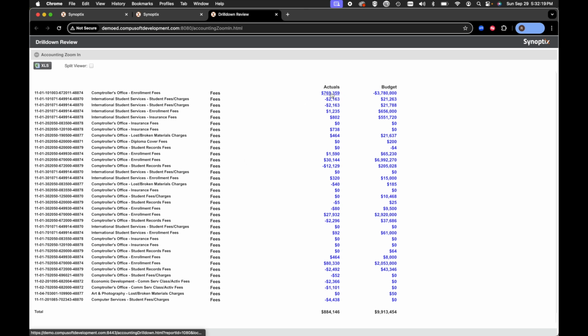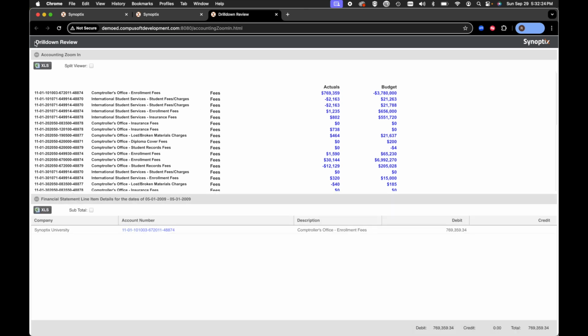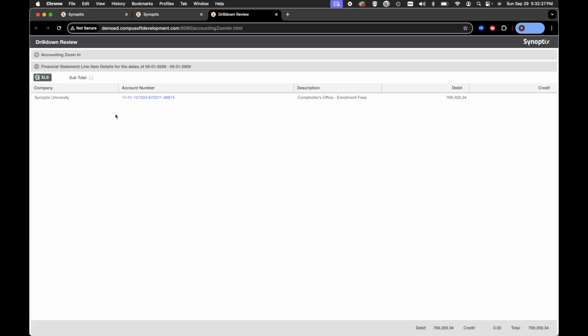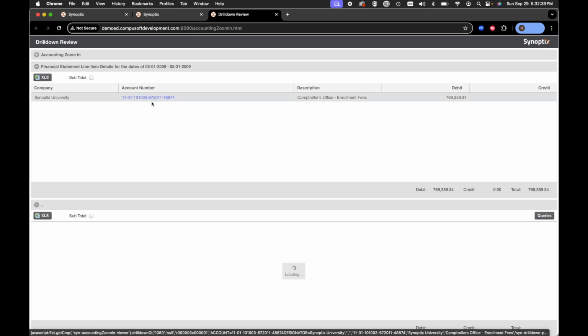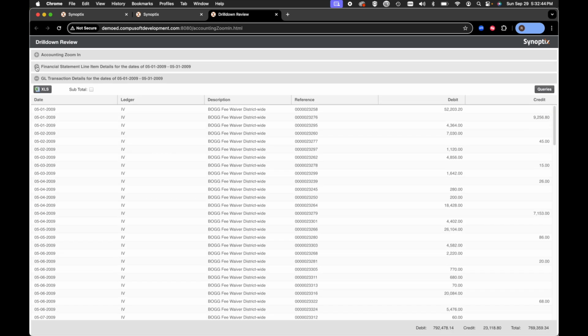By clicking on any of these numbers, we're then going to be going down to the financial statement line item detail level. In this case, we are seeing specifically the enrollment fees for the comptroller's office. We're now going to click on the account number itself, which will take us down to the GL transaction detail level, which will give us a much more detailed view. In this case, things like the posting date, ledger ID, description, reference numbers, and breaking out all of the debits